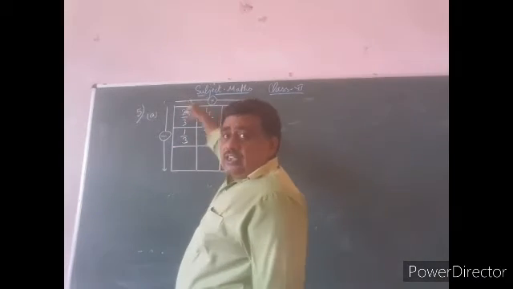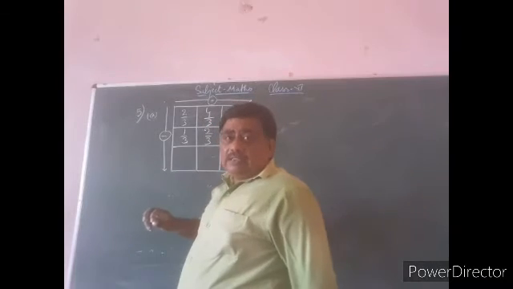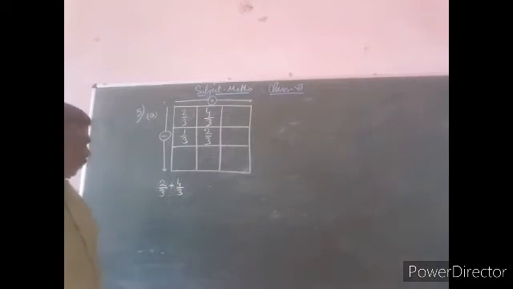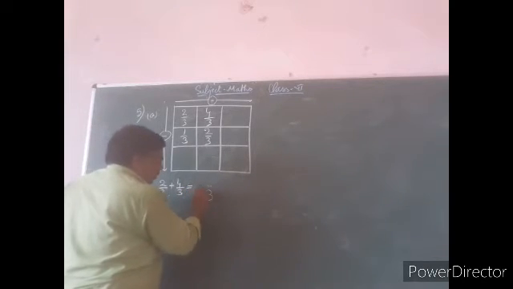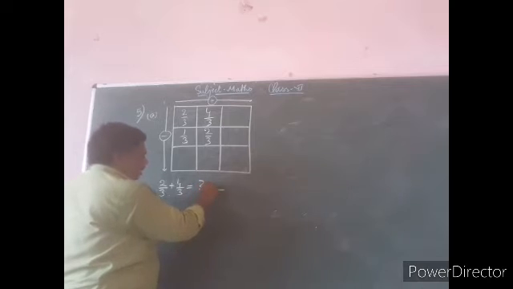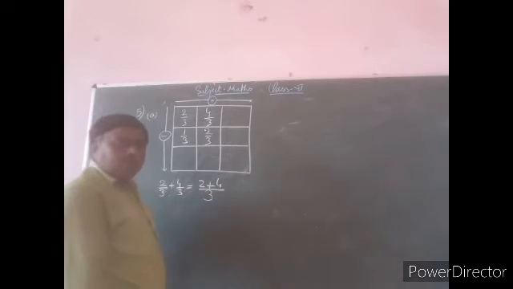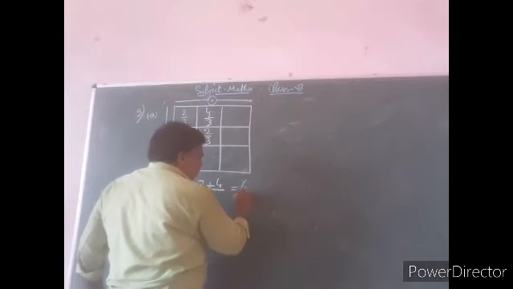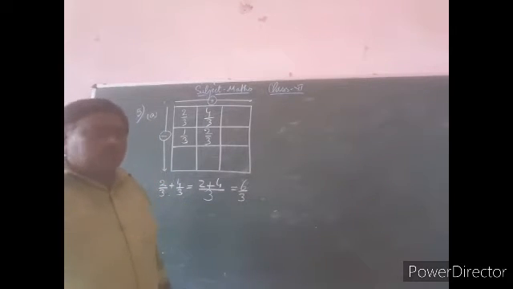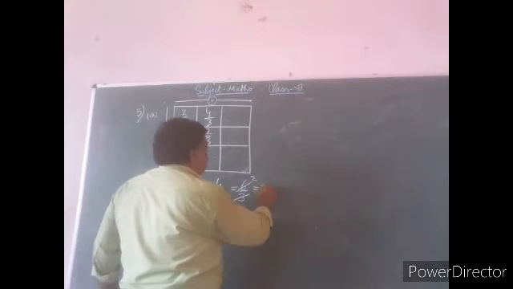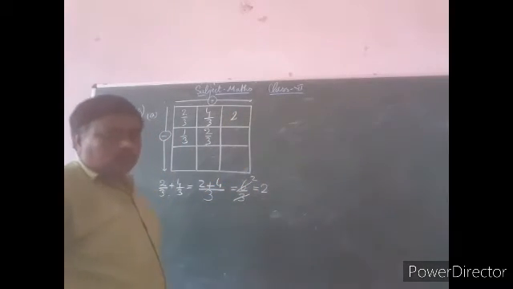Here plus is given, so we have to add row wise. So 2 upon 3 plus 4 upon 3. Take the LCM, you will get 3, and in the numerator 2 plus 4. 2 plus 4 equal to 6. 6 upon 3. Write down in standard form. 3 1s are 3, 3 2s are 6, so 2. So here it will be 2.